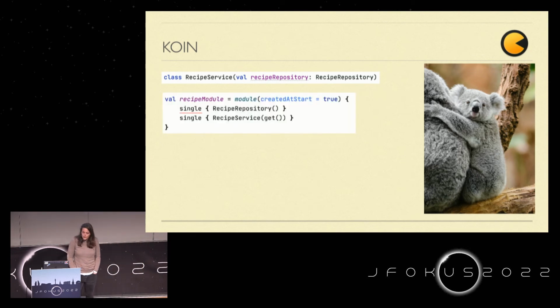And if I want to configure that properly in my Ktor application, this is what I'm doing. At starting, I can define my recipe module. This is my Koin module, not my application module.